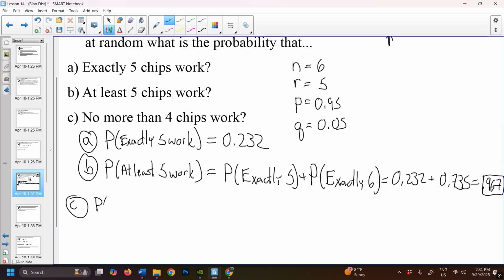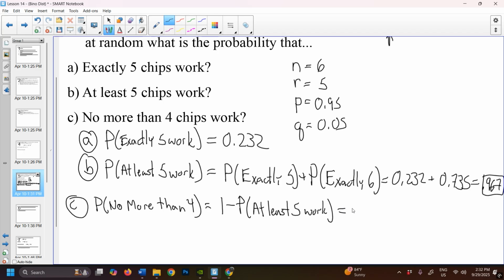So the probability of no more than 4 will be equal to 1 minus the probability of at least 5 work. So we can go 1 minus 0.967, which will leave us with 0.033